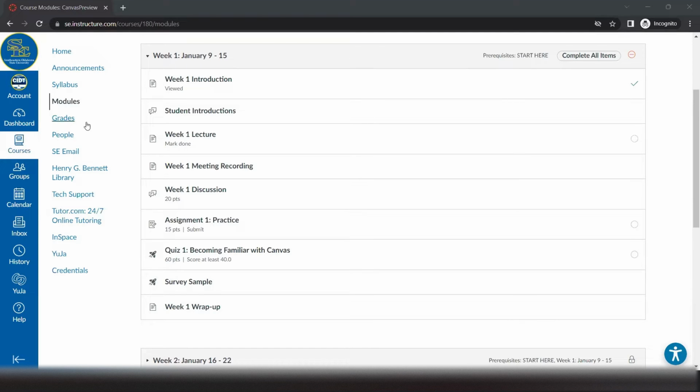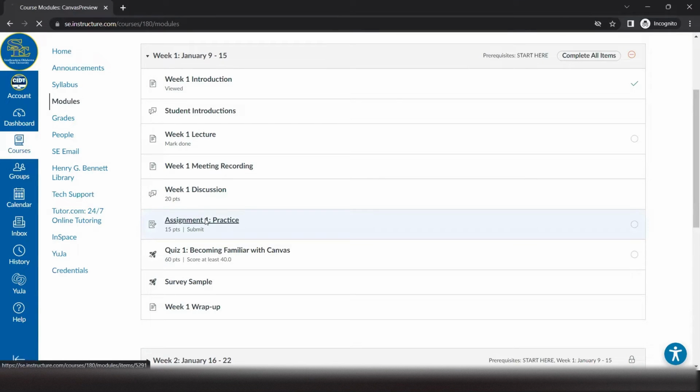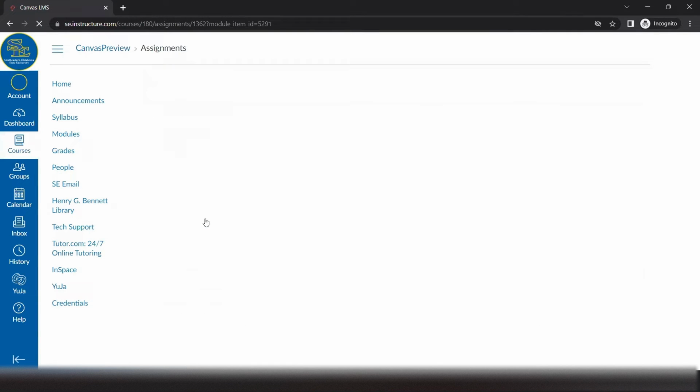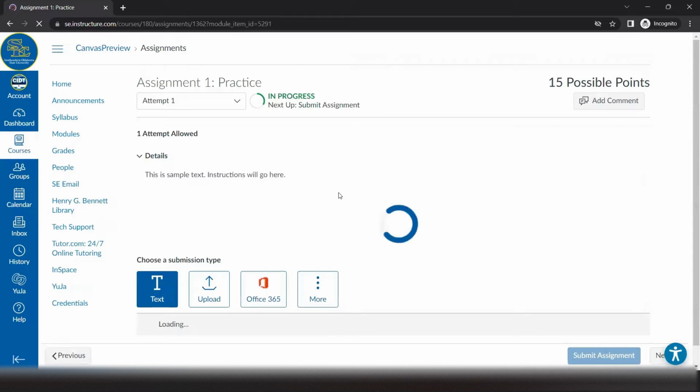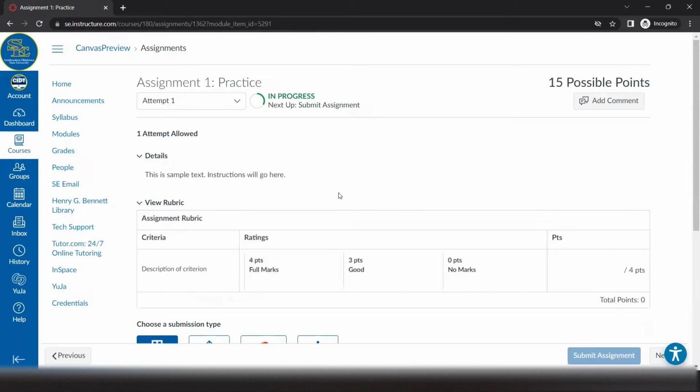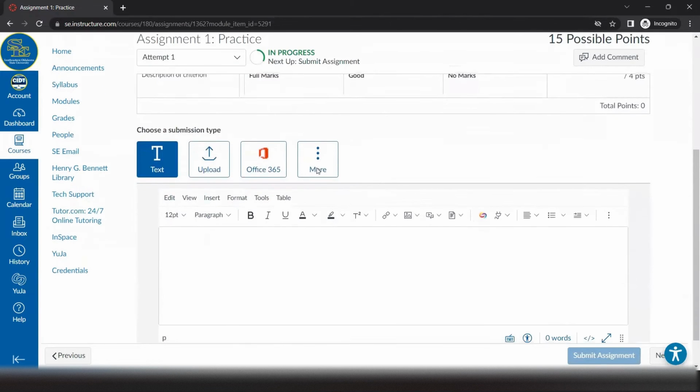To begin, we are in our course's module area, looking at a specific module that has an assignment we want to submit. To access that assignment, we'll find it in the module and click on its name. This will open a new page where you can see the instructions for the assignment, a rubric if attached, and at the bottom you may see some buttons for things you can do to submit. Your instructor may have different options selected, so make sure you read the instructions for how you're supposed to submit